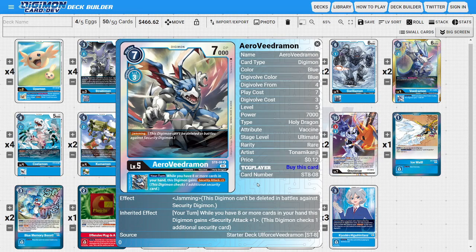And then the last level 5 of the deck is going to be 4 copies of Arrow Veedramon from the UlforceVeedramon starter deck, just because we want, again, that consistency in that inheritable ability, where during your turn, while we have 8 or more cards in our hand, then this Digimon gains Security Attack Plus, again, all for our UlforceVeedramon to punch as hard as he possibly can, but this is still a pretty decent card to aggro with in case we need him to, because he natively has the jamming ability himself, so we could use him to help chip at the opponent to be able to line up the proper amount of attacks to form lethal with our